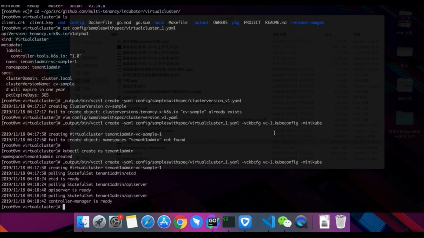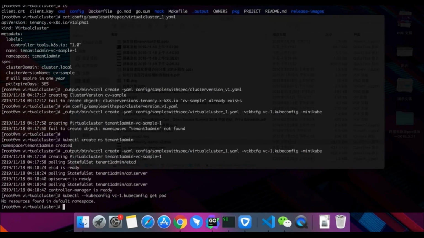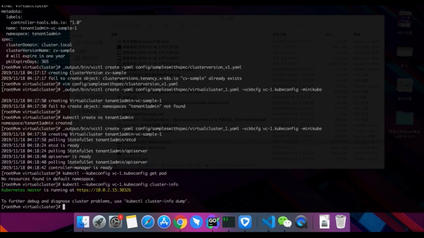And the VC CTL command tool will export the kubeconfig of this virtual cluster to this path, and we can access the virtual cluster using this kubeconfig. And we can see the virtual cluster is running, and there is no